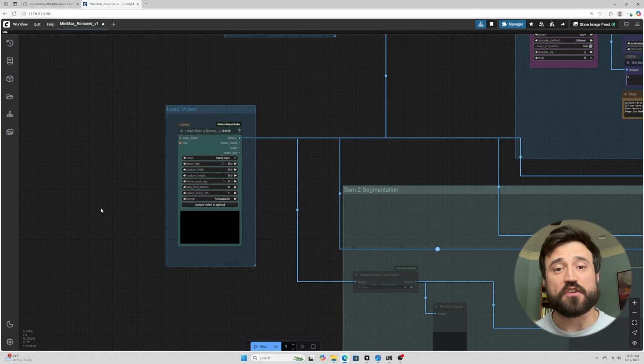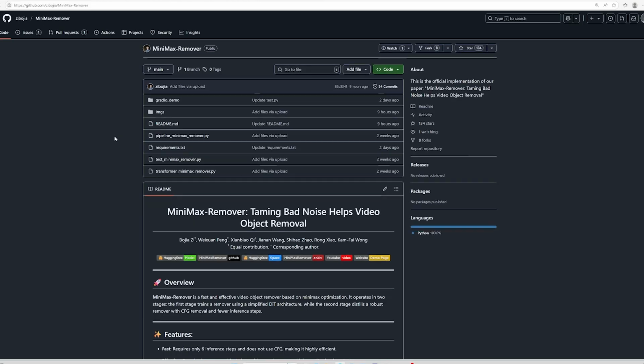Brendan here today to talk to you about a new ComfyUI node that I made over the weekend that harnesses the power of the Minimax object remover codebase. It's a great new way of in-painting made by some very smart people. We've ported that repo into ComfyUI for a fully localized way to do in-painting, no APIs, no nothing. It's really awesome, and we're going to show you how it works along with the workflow, which we'll share in